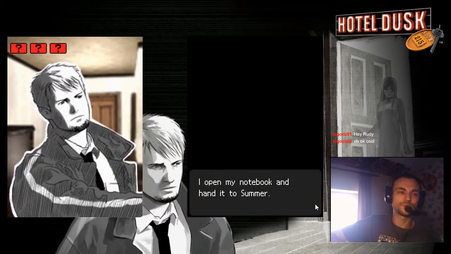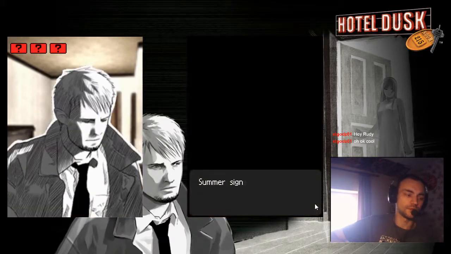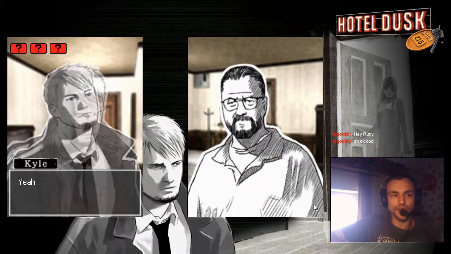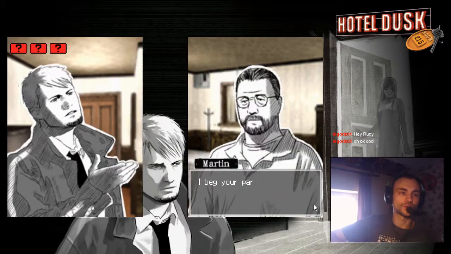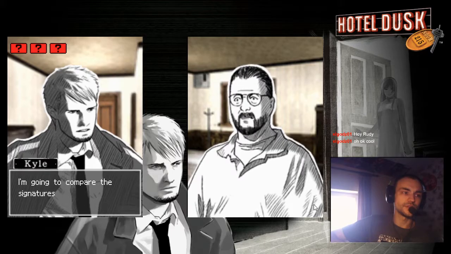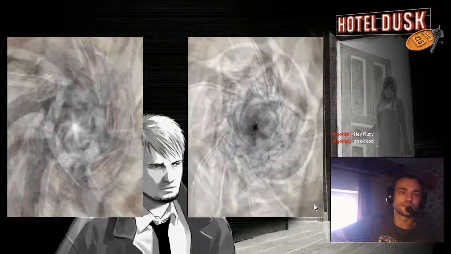I open my notebook and hand it to Summer. If you insist, I must say, Mr. Hyde, you are being most disagreeable. Summer signs the notebook. I hope this will satisfy your mad request. Yeah, that'll do. Now show me your old notebook. I beg your pardon? Your real name's gotta be written in the old notebook, right? I'm going to compare the signatures. Mr. Hyde, that's...